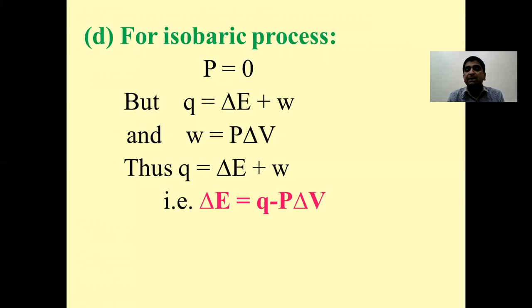I hope this concept is clear to you. So what we have seen in this lecture is the different forms of the first law of thermodynamics, which is related with the interconversion of one form of energy into another form, and we have also seen the different statements for the first law of thermodynamics. And always remember the mathematical form of the first law of thermodynamics, so that it can be applied for different processes, that is isobaric process, isochoric process, adiabatic process, and cyclic process.